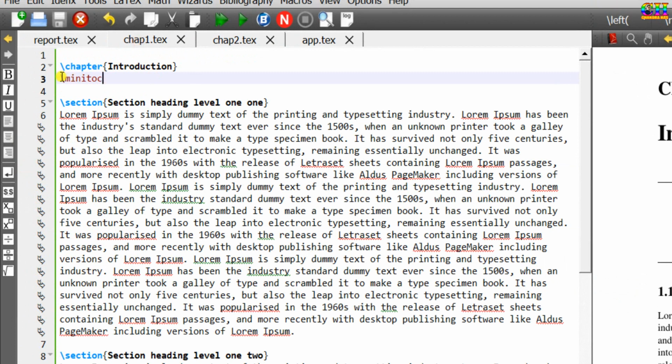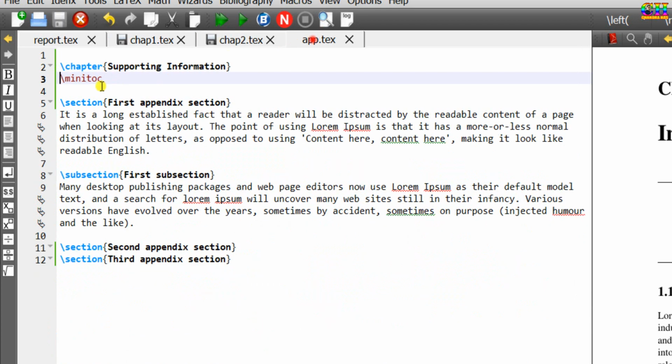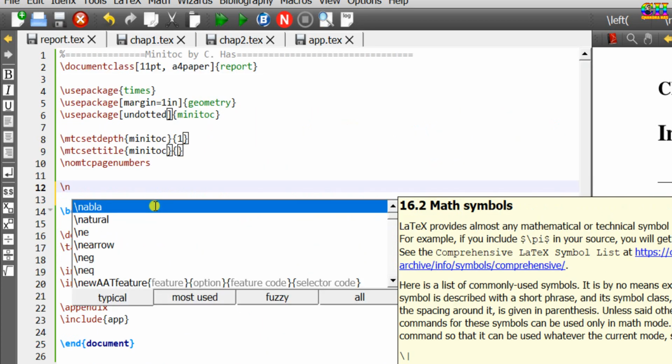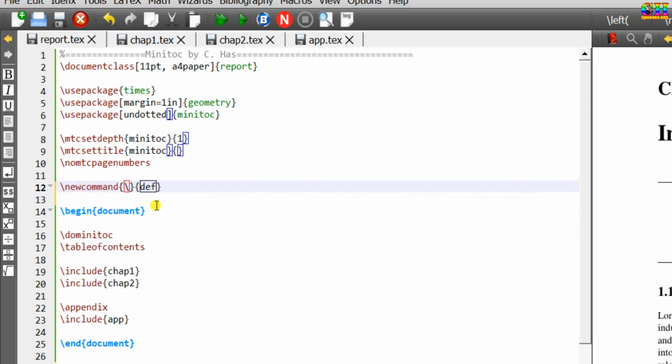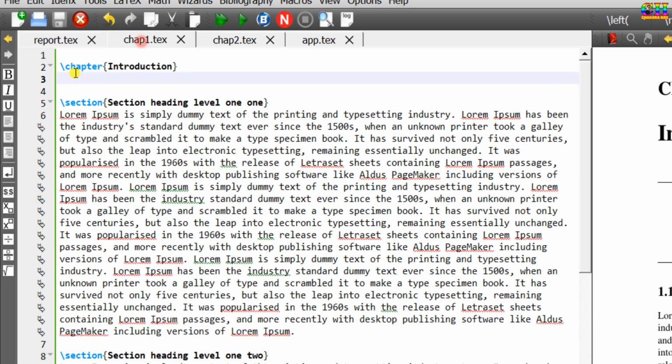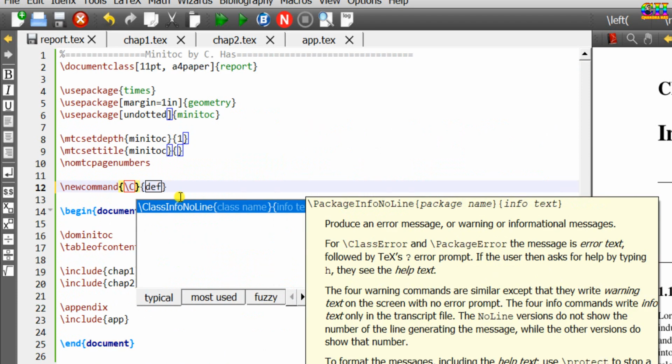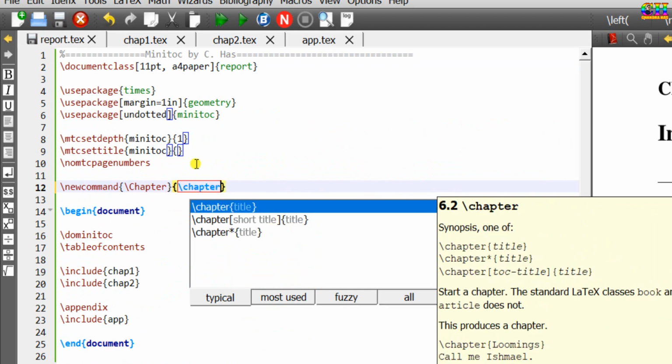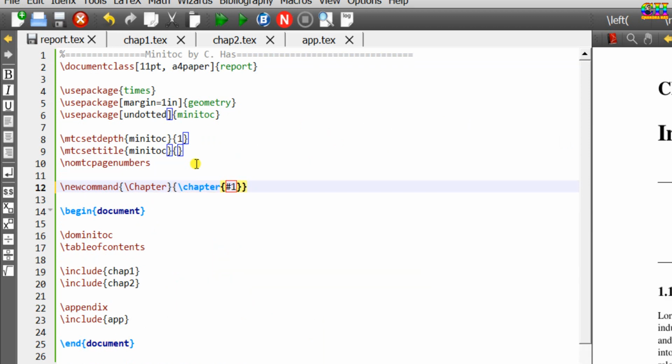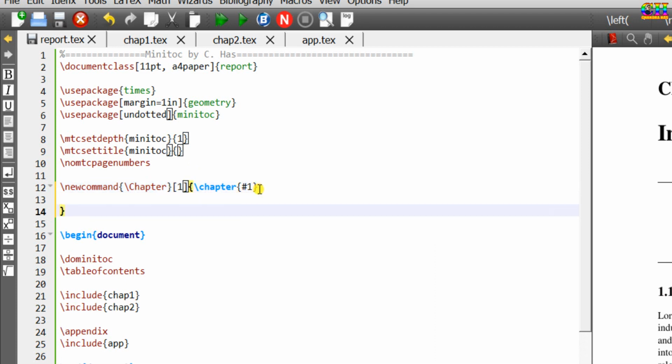Rather than writing this command in each chapter, we can create one command for all. We'll create one new command. Since chapter has already been defined, I'll write Chapter, but with C in uppercase. You can write any name. Then chapter, one argument, write minitoc.